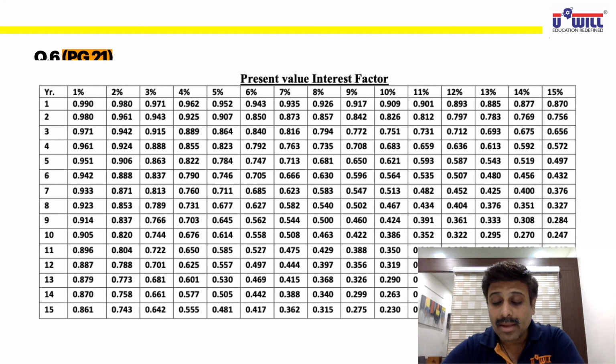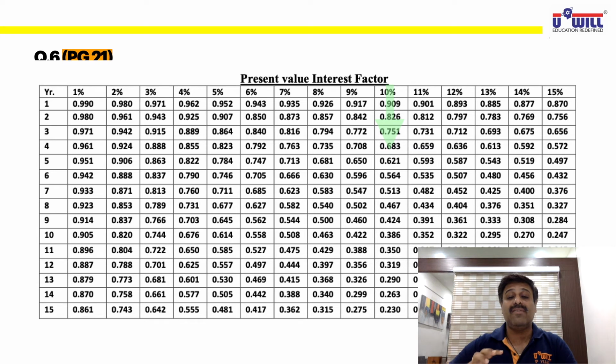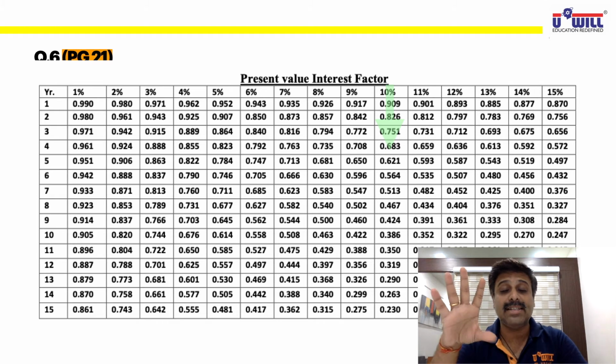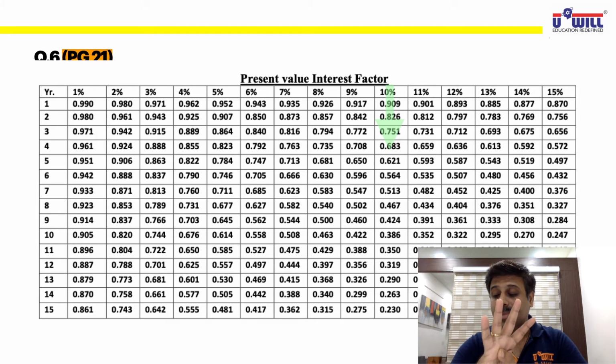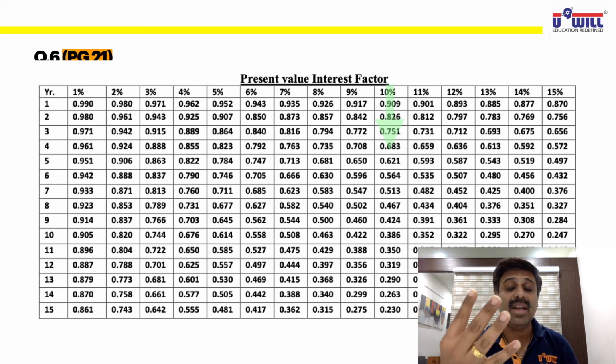Now 10% return is what we are going to get, and as we discussed, we don't have to work out for 5 years, we have to work out for 4 years because you don't invest right now, you'll invest at the end of first year. If you invest any money at the end of first year, it will not stay invested for 5 years, it will stay invested for only 4 years. In the 5th year you need the money to pay. If you invest right now, in the beginning of first year, it will stay invested for 5 years. If you invest at the end of first year, it will stay invested for only 4 years.